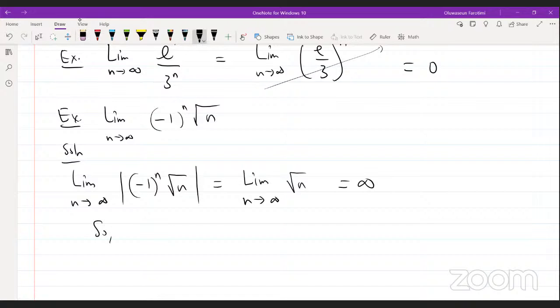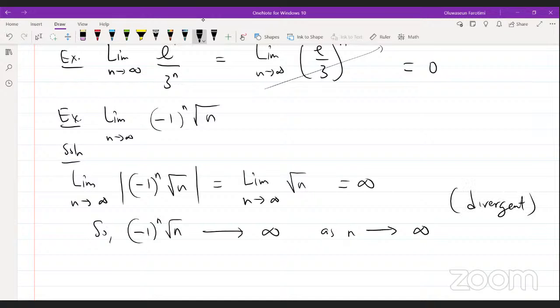Now let me use the other definition to write it so that you can know we can write it in different ways. That means this guy approaches infinity as n goes large. So what do we conclude? Divergence. This is the beauty of how we deal with them and how we relate with them. Okay, I hope this all makes sense. All right, so I hope you practice more questions and then see